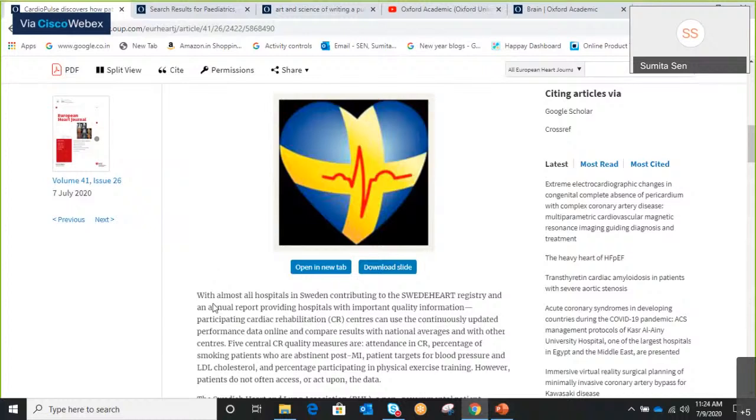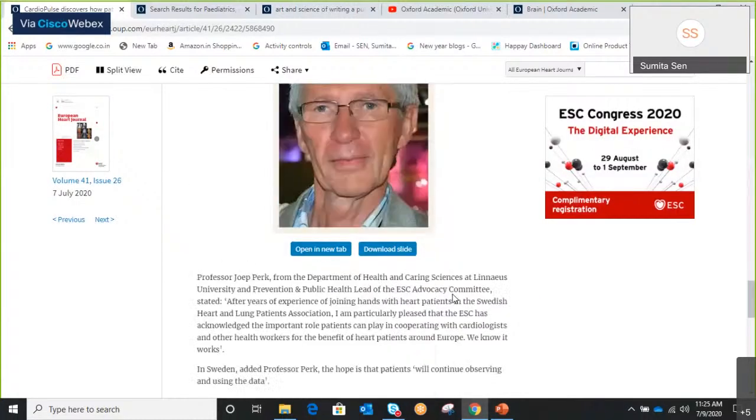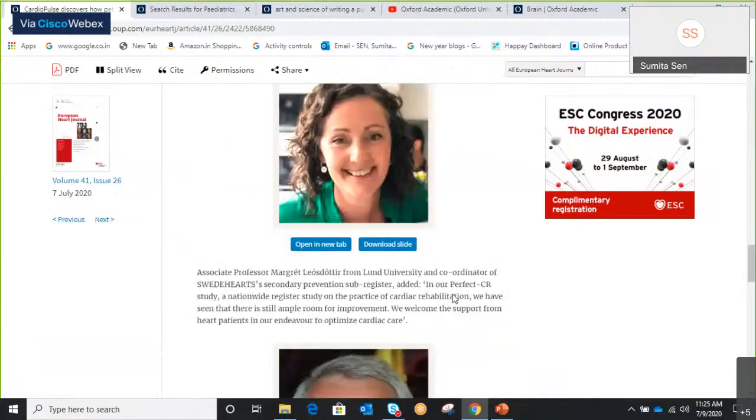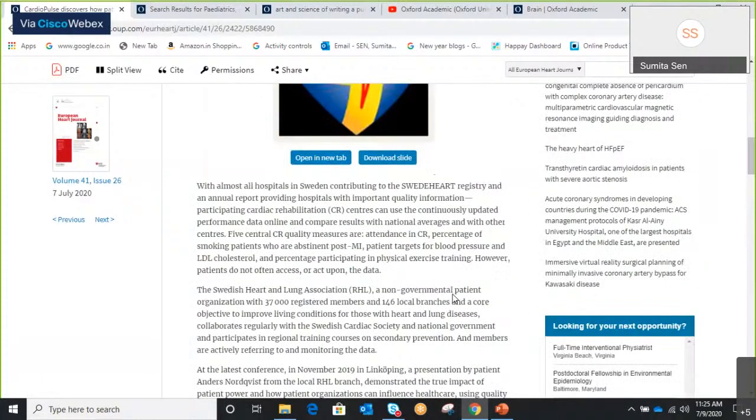Can you copy and paste from a PDF? No, you can't. And even if you do use a snipping tool to take a picture, an image, you will not have the citation information. It will not tell you what is the source of your image. And in subjects like science, geography, economics, where you have tables, etc., and you might need to use it for your research, it is easy to download the slide as a PowerPoint.